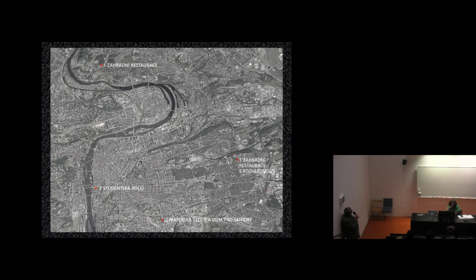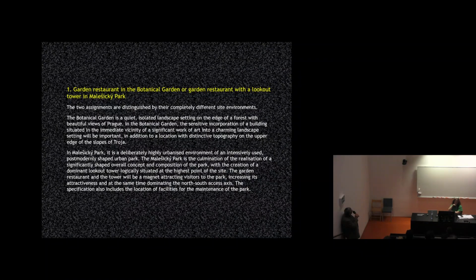The garden restaurant number 1 is surrounded by the botanical garden. Here you may see what is important, speaking about this first assignment.